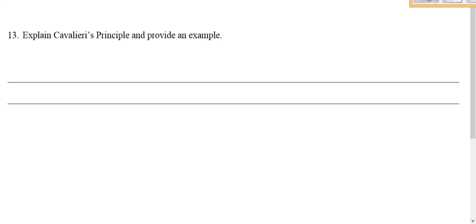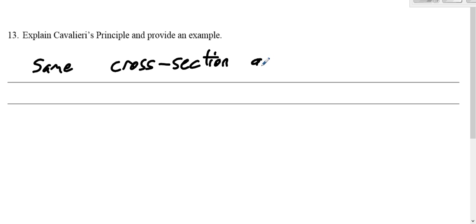Explain Cavalieri's Principle and provide an example. So Cavalieri's Principle states that if all the cross-section areas are the same, same cross-section area, and the same height, they have the same cross-section areas and the same height,